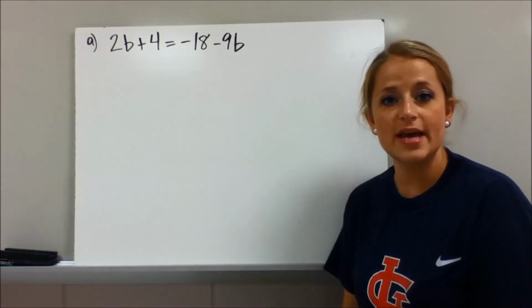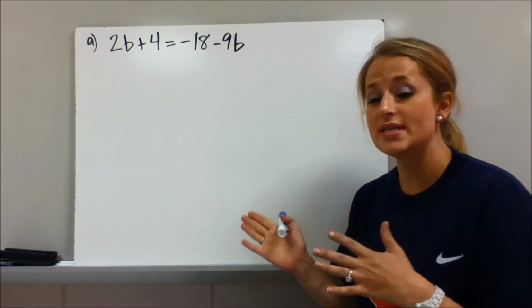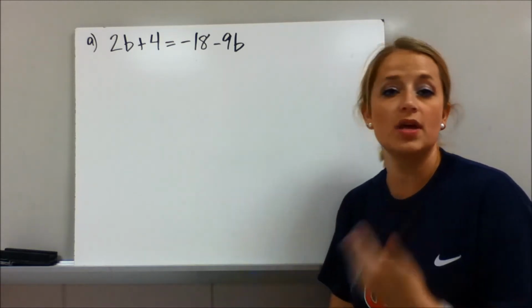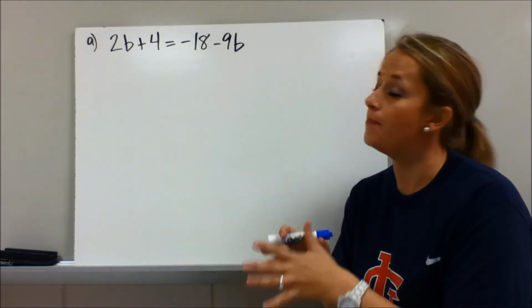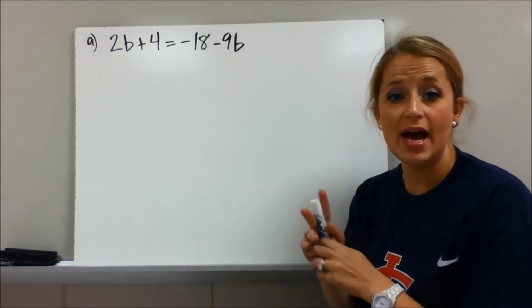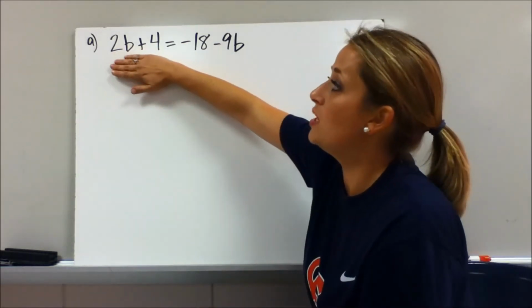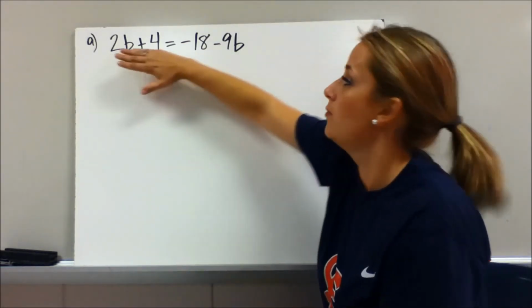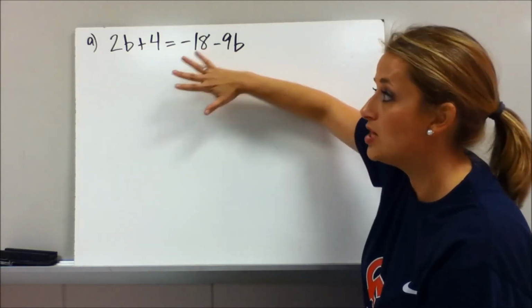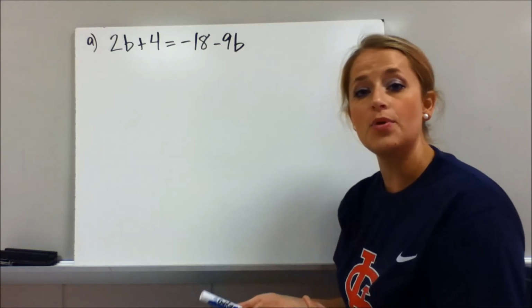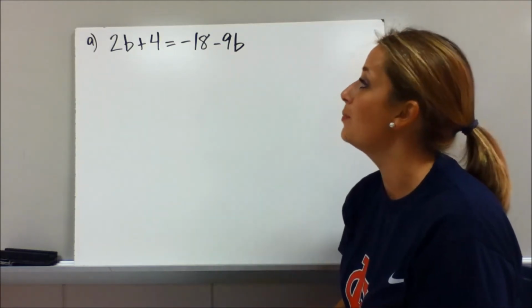If you'll remember, the steps for solving equations with variables on both sides of the equal sign was the same as multi-step equations and the equations that we've done in the past. The difference is we're adding in a step. Still, you're going to clean up first. So you look at each side of the equal sign. Look at the expression 2b plus 4. Can I clean that up? No. Let's go to the other side. Negative 18 minus 9b. No, there's nothing to clean up. And remember, by cleaning up, we mean